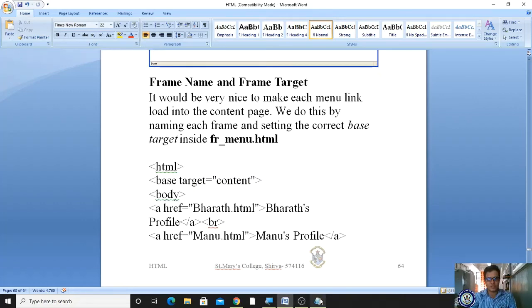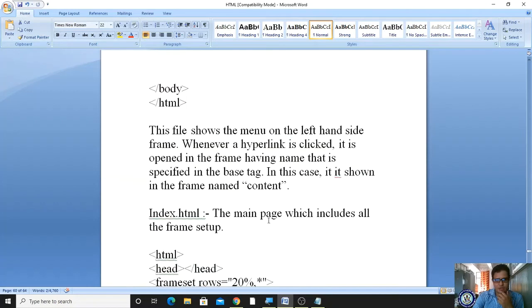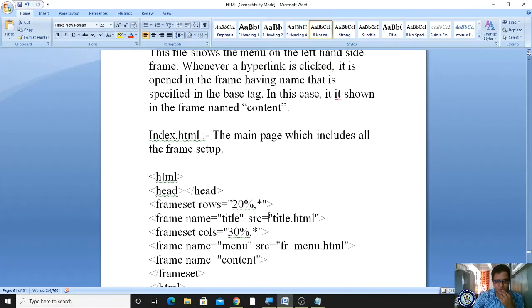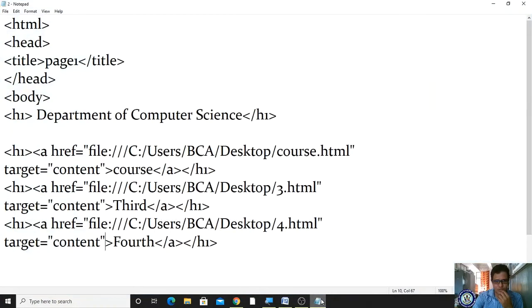In the link tag, the body is there, and we are supposed to specify content. The target we mention in the hyperlink only; we are using base target, right? Here in the frame set, you set the name attribute.